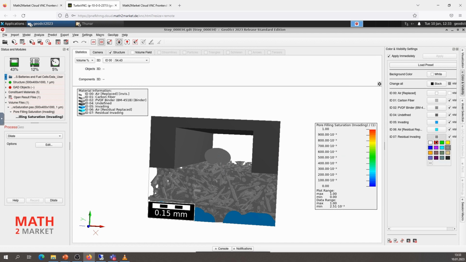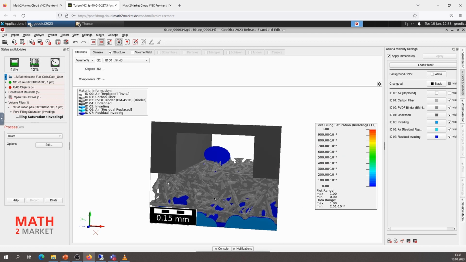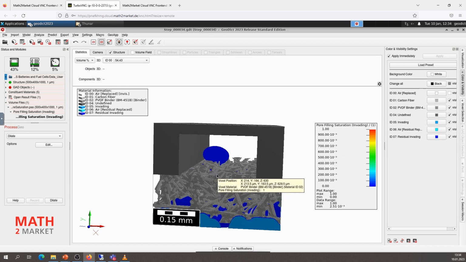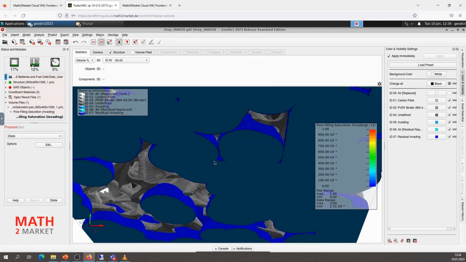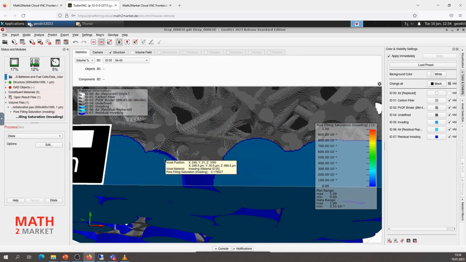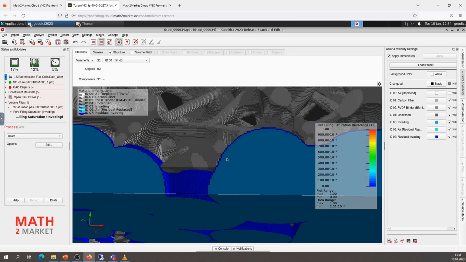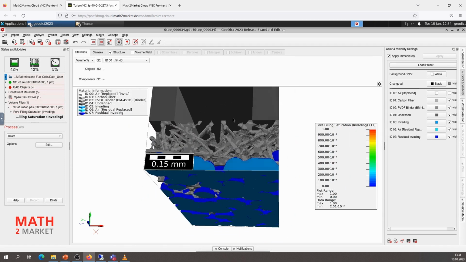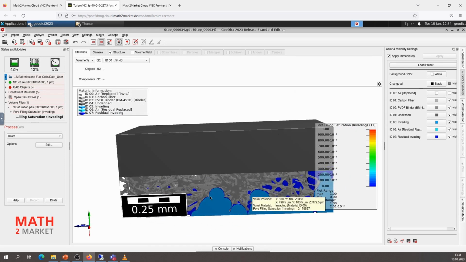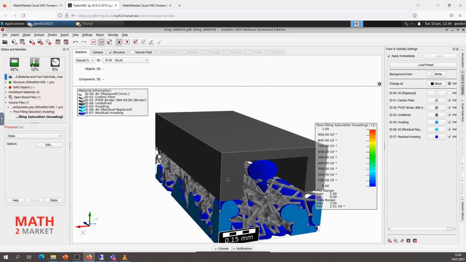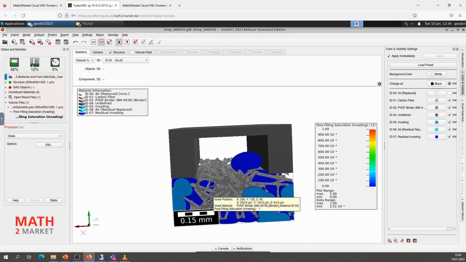So I change the color because otherwise we don't recognize the water when it has the same color as the carbon fibers. Now we have the surface with 1 voxel coated. Here we can see it's 1 voxel on the surface. And now we can maybe turn the sides, because here we can see it better.